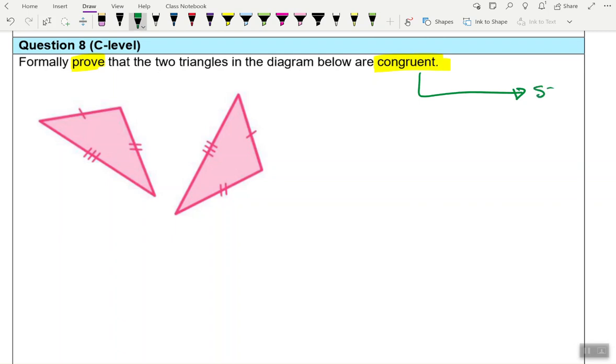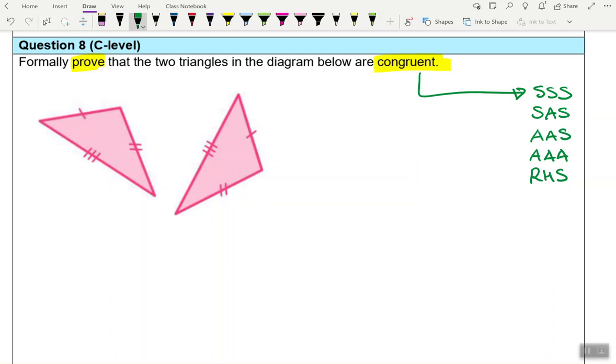If three of the sides are the same, then it's congruent. It's kind of obvious. If one side, an angle, and another side is the same, that's congruent. If you've got two angles and a side, then that's congruent. If you've got three angles are the same, it's congruent. If you've got a right angled hypotenuse side, that's also congruent. Okay, so you need to have these in mind, and one of these rules will apply to some of these